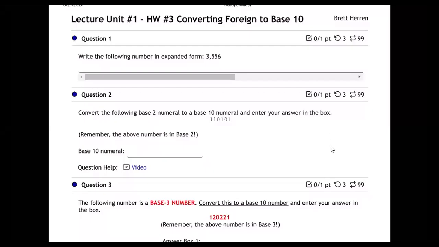Okay, here we go. So we're in homework number 3, lecture unit 1, homework 3, converting foreign to base 10. What we're doing this morning is we're going to go from foreign numbers to base 10 numbers. So here now our first example,